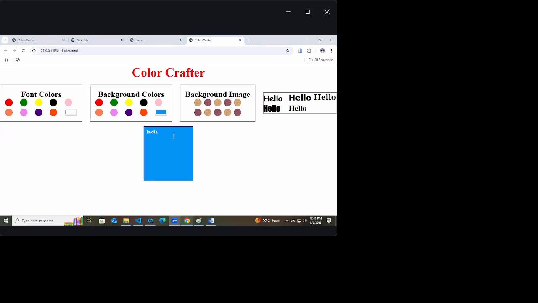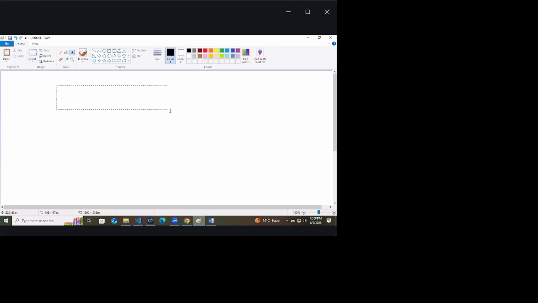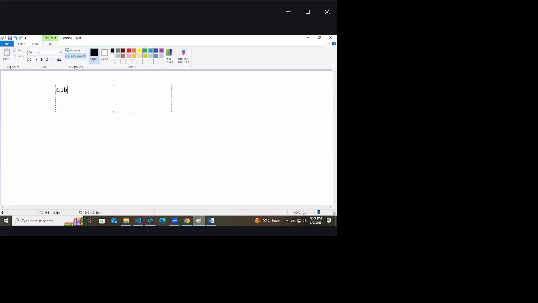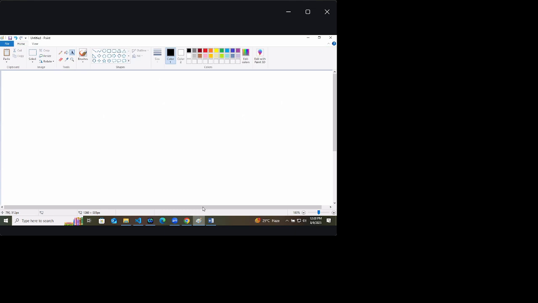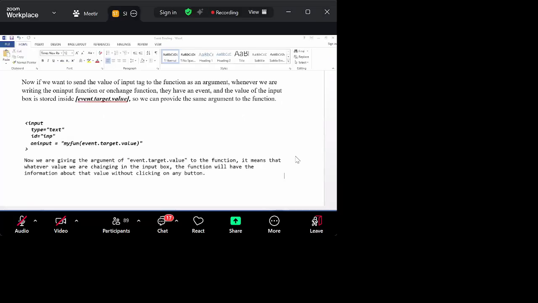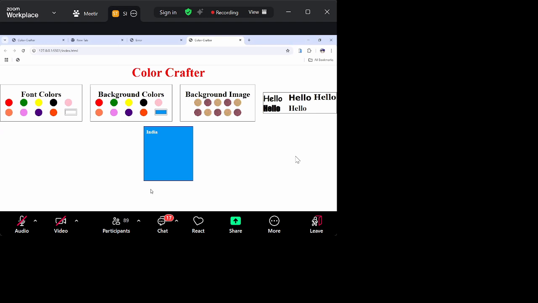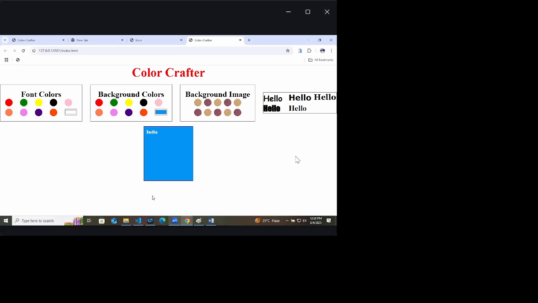So that is your color and font picker project. Because of the festival, strength is so down. But otherwise, I will teach Canvas to you, meaning how you can download this as an image. That is called Canvas. We left a topic, SVG and Canvas. That Canvas I will teach, but not today because it is an important topic. In the same project, we will also add a download button where you can download the image.